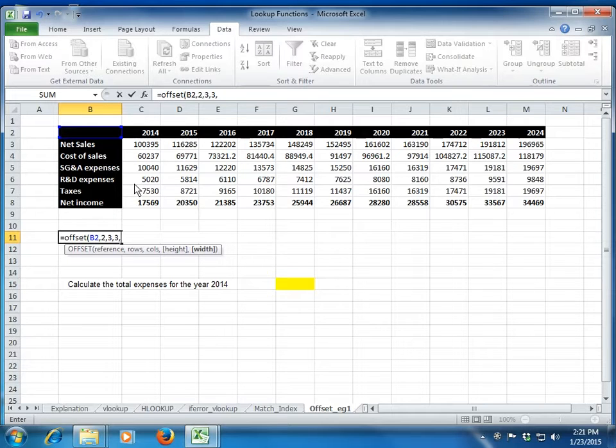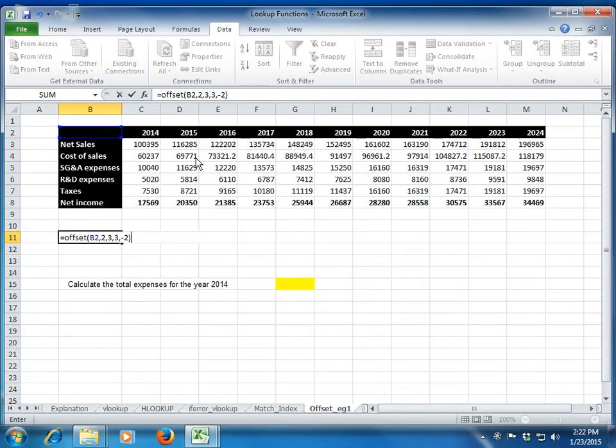Similarly, width will include the number of columns. First it will offset 3 columns, that is 1, 2, 3, and come to 2016. Then you say the number of columns, that is the width, and that many columns it will include. You can either give it a positive number, 4, anything, or you can also give it a minus 4. You can also say minus 2. In that case, it will come to 2016 cost of sales and include the past 2 data as well in its reference. Clear?